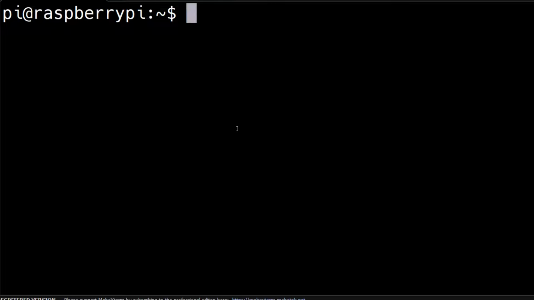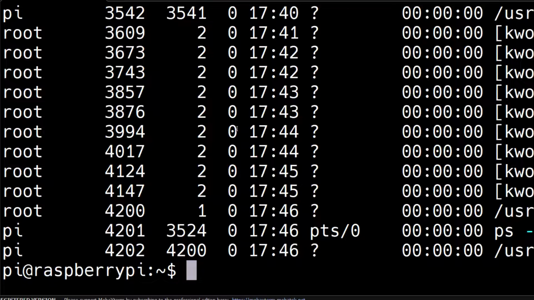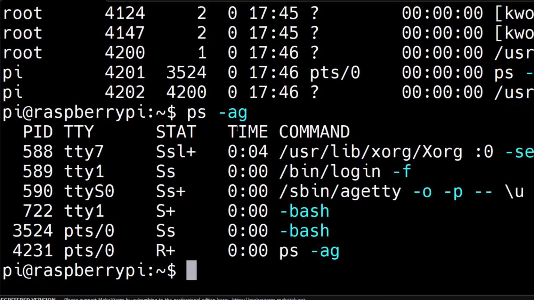Similarly, we have the command ps -ef. It shows us all the processes in a static way, whereas the top command shows us all the processes in a dynamic way. So the output of ps -ef won't change once the command has shown everything. Similarly, ps -ag will show you the user processes. So the earlier output ps -ef showed us all the processes and ps -ag will show you only the user processes.